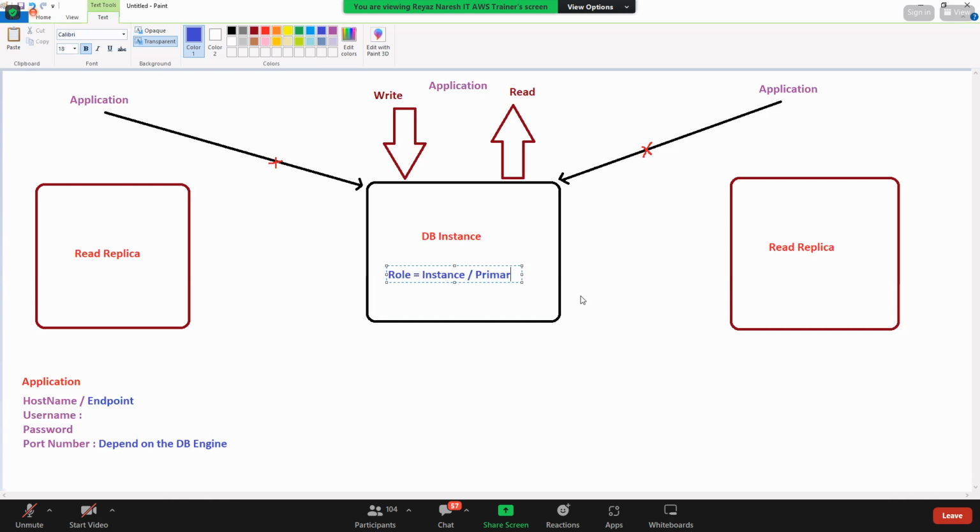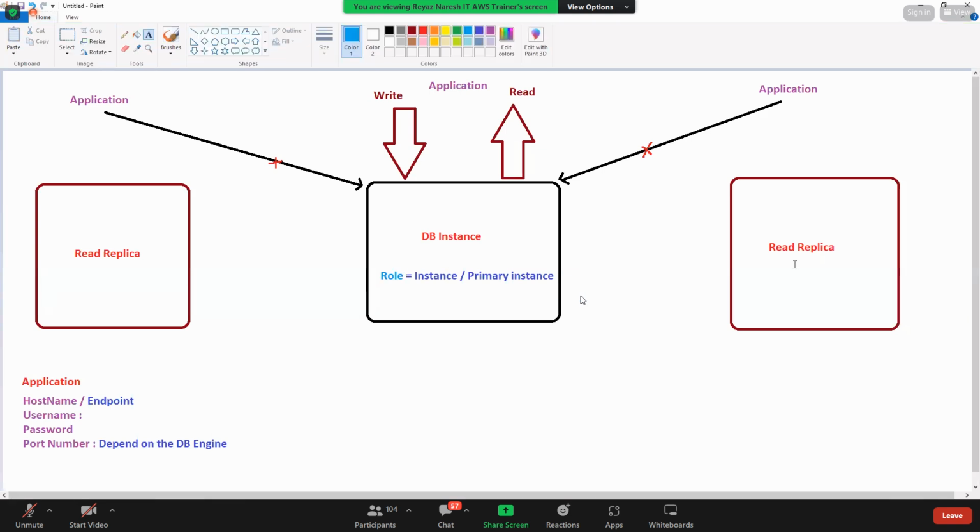And if you create a replica, then it will become the primary instance. If you don't have any replica, the role is instance. If you have a replica, then it becomes the primary instance. Okay, now these applications are connected to this read replica.